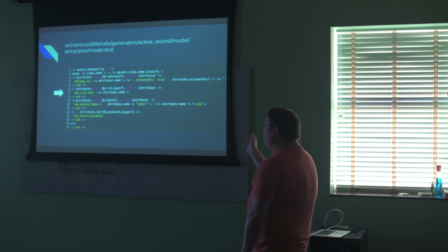So it's pretty cool, just super simple, but it's using ERB. And then in some of the other more complicated files, you'll see a strange double % syntax, which is used because this template is ERB, but it's generating an ERB template, and so they double nest the ERB to escape it. It's kind of weird to read. But that was all I figured I was going to have to do to add the rich text to the model. That's where your other lines and stuff are defined, and so it was as simple as adding a couple